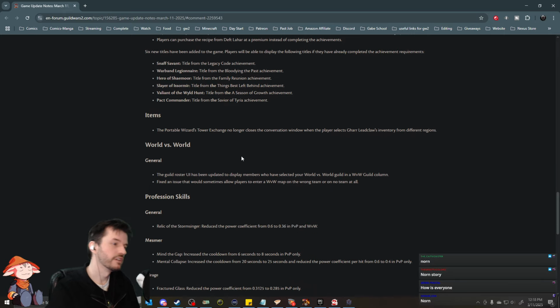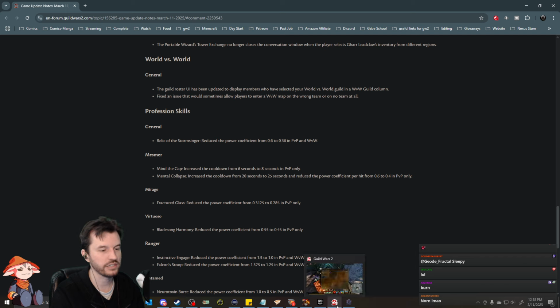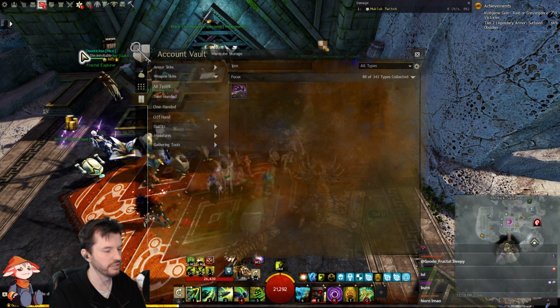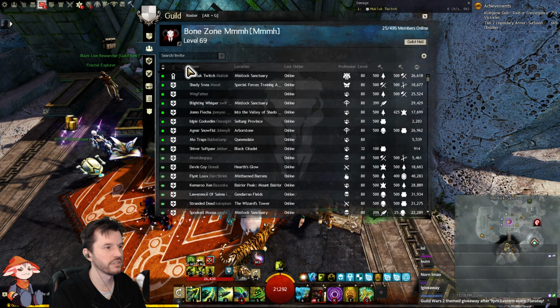All right, so items. The portable Wizard's Tower Exchange no longer closes the conversation window when the player selects Guard, Lead Claws inventory from different regions. Weird. World versus World. General. The guild roster UI has been updated to display members who have selected your World versus World guild in a World versus World guild column. All right, so I am not currently in a World versus World guild, but let me see if I can show this real quick. If I go to roster...